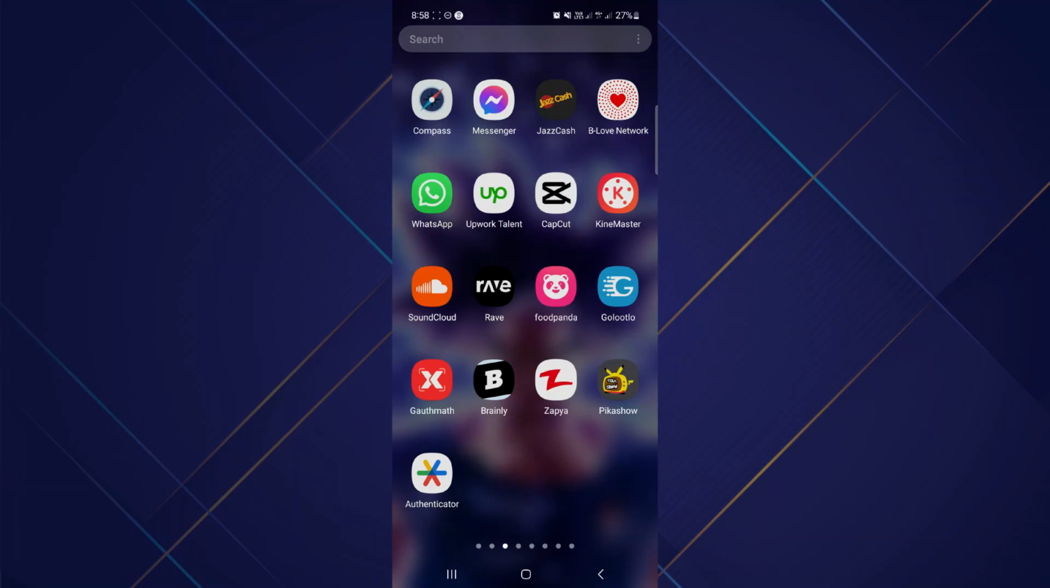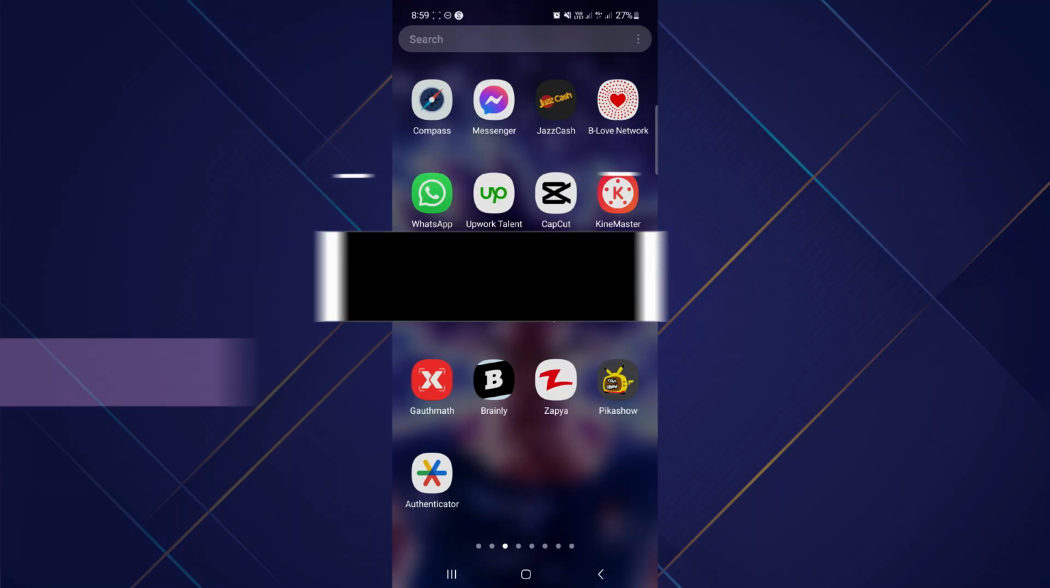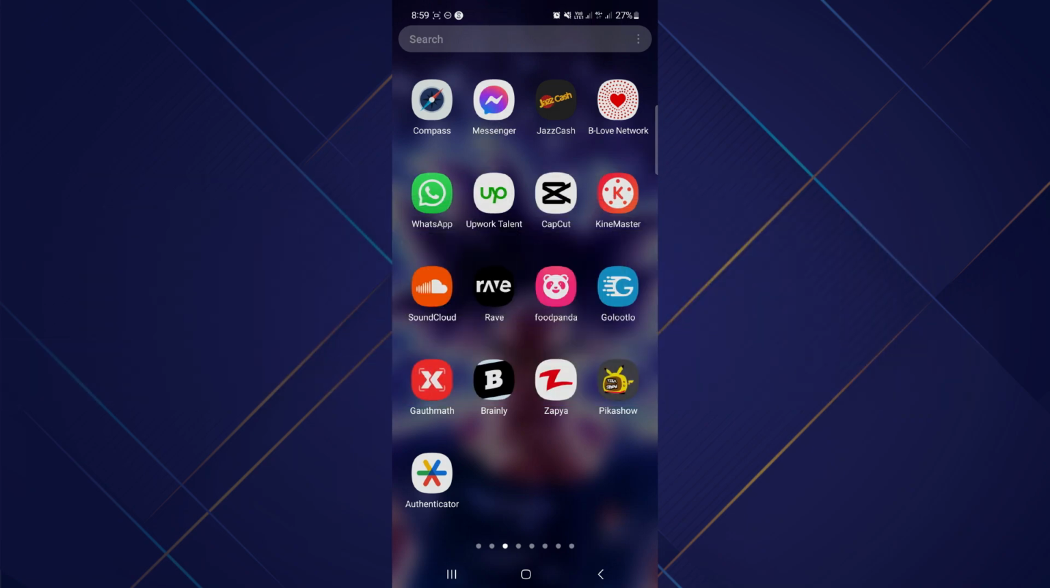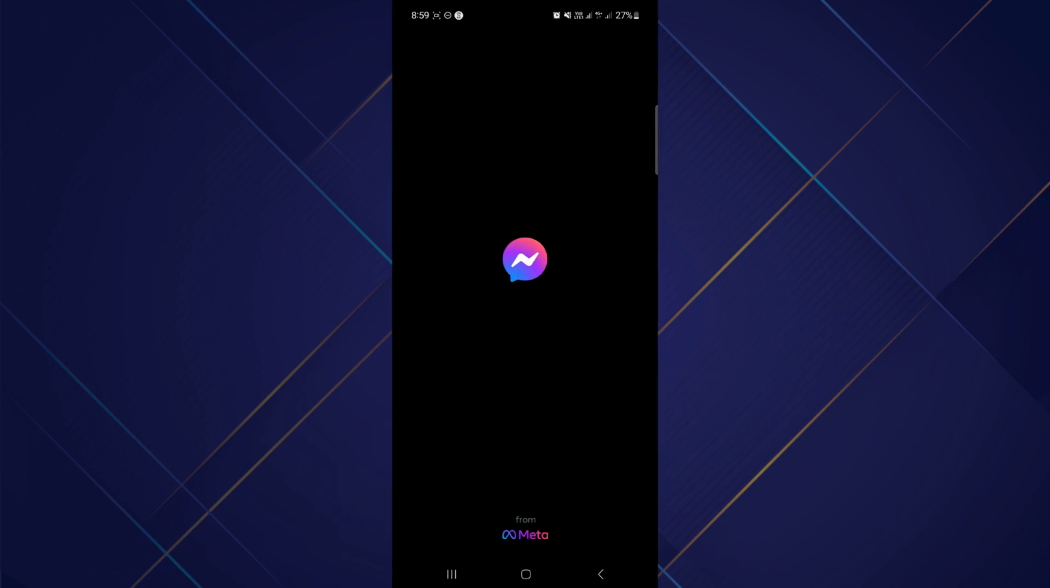Hey guys, in this video I will show you how to turn off end-to-end encryption in Messenger. So make sure to watch the video till the very end. And let's begin. So the first thing you want to do is to go open your Messenger application and make